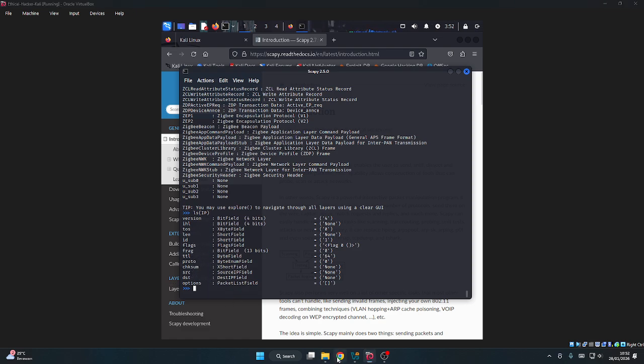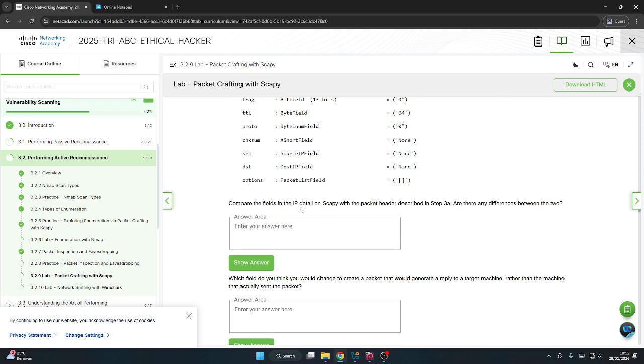and options. Compared to the IP field details on the Scapy header in step 3A, is there any difference between the two?